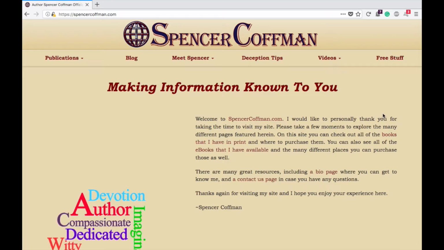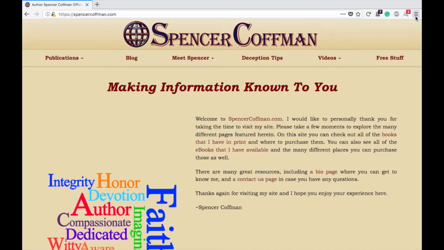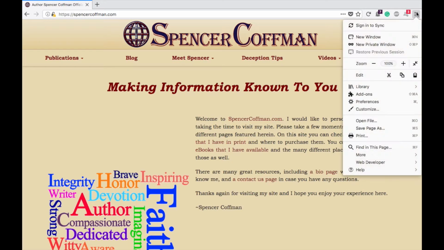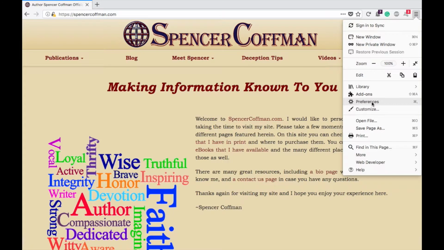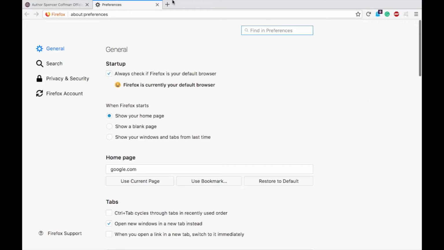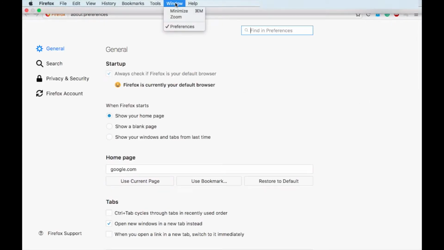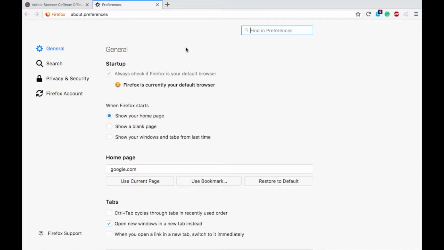Preferences. In the current Firefox version, there are three little lines over here that you can click. And then you have all these different options. Go to Preferences. Alternatively, you can find this by using the window Preferences. It used to be Tools, Options, or sometimes it's Internet Options, Internet Preferences, Internet Settings, Settings. You get the idea. Once you're here, you'll see all of the settings.